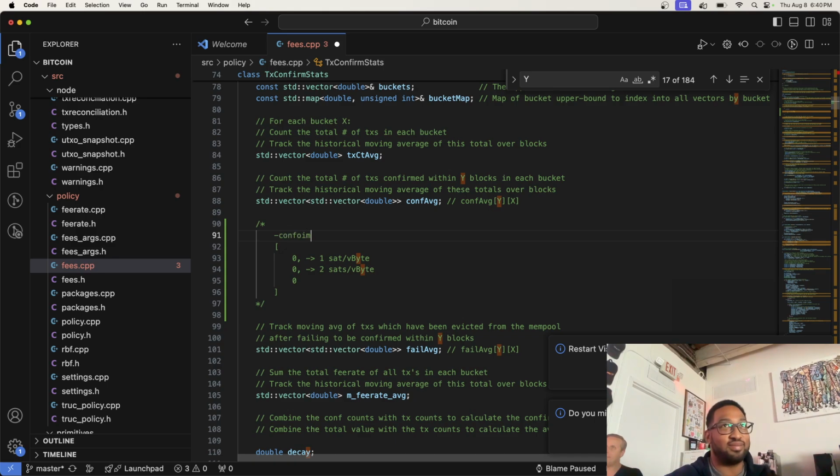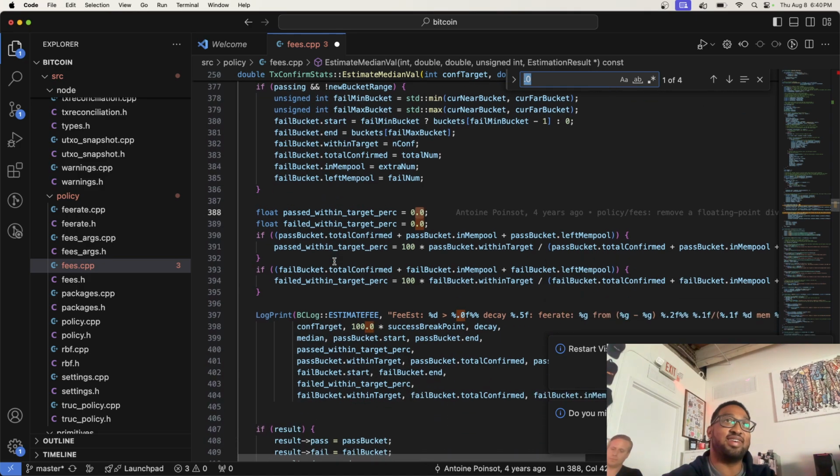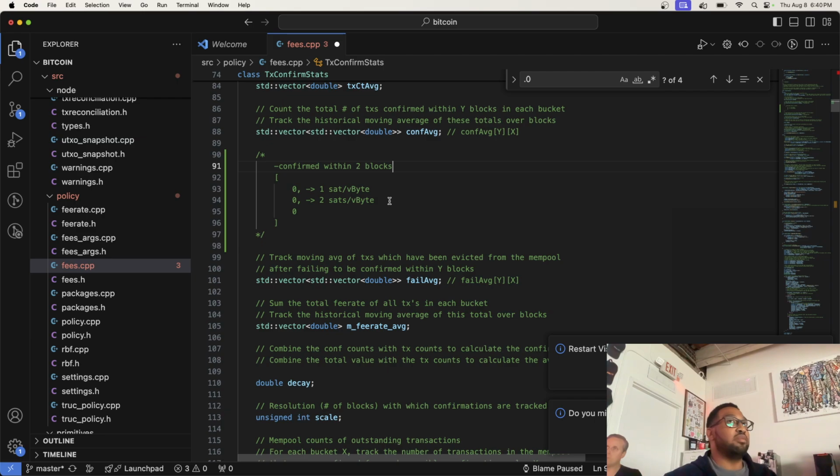Is it always linearly increasing, like 1, 2, 3, 4? Oh, it's not actually 1, 2, 3, 4. I did this to simplify it further. In the code, it's actually in intervals of 5%. Let me see if I can find it. These are set before it looks at the block at all.